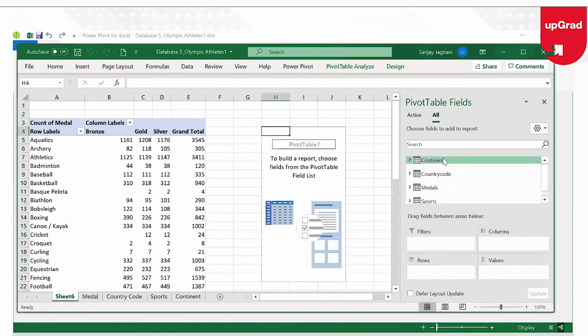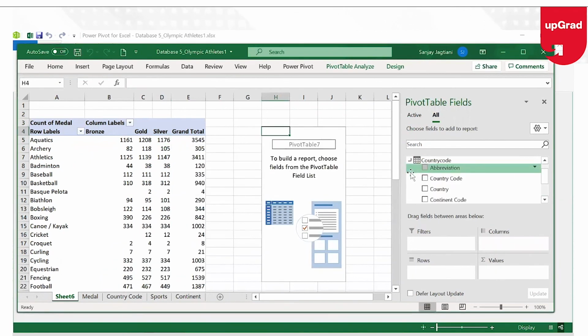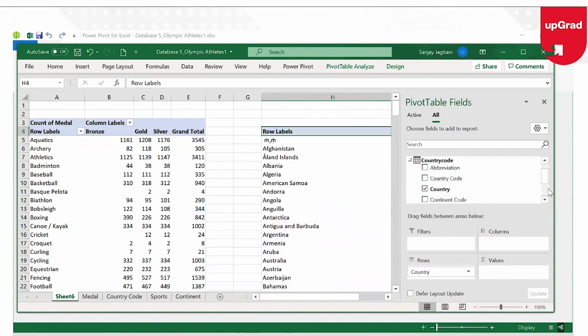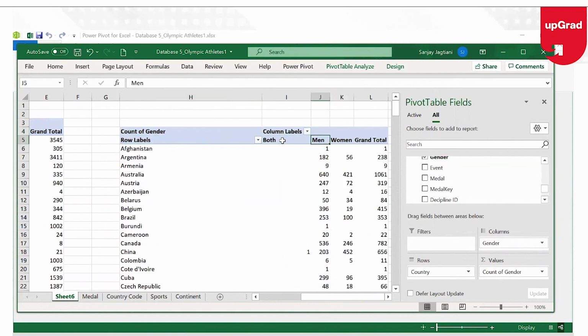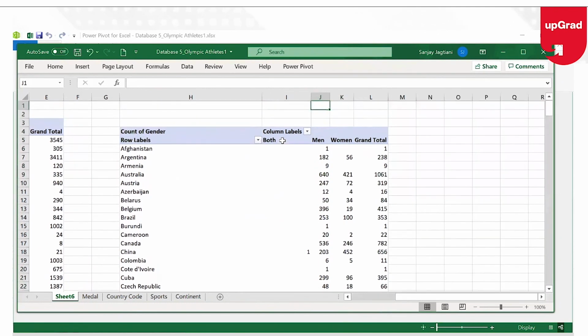So I'm just going to select my data where I want the answer on my pivot table and click on OK. Now I can start working on the country code and my data, which is the medal that I have here. So I can always call the country, and I can say from the medals what it is that I have earned, or let's say I want to know only the genders that are playing, but it will not help if I just put the genders here. So I'm going to also pick up the gender and put it in the column, so I know how many of each of the genders are playing from each of the countries. You can also put the medals here, you can put any other information also.